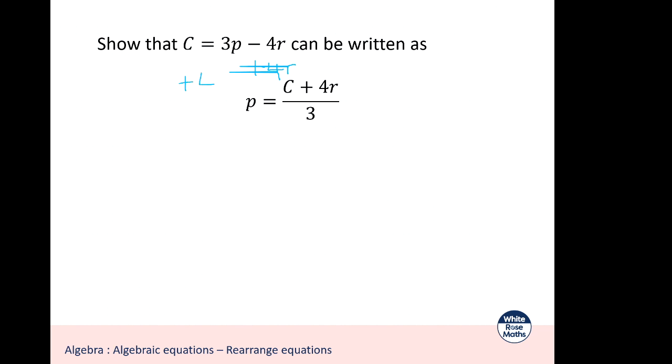So we have C plus 4r is equal to 3p. I want p, I don't want 3p. So dividing both sides of my equation by 3, I'm going to get C plus 4r over 3. So my final answer is going to be C plus 4r